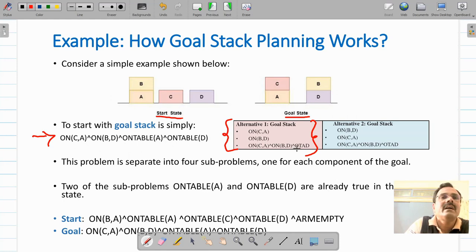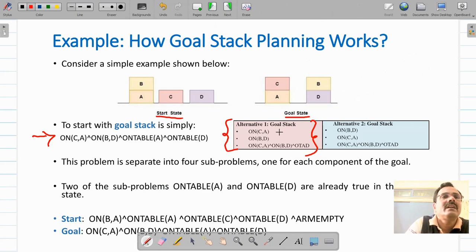So combinedly I will write that as on table, OT. What is on table? Block A and block D. So instead of writing two separate predicates, I will write a single predicate OTAD, that means on table A D.